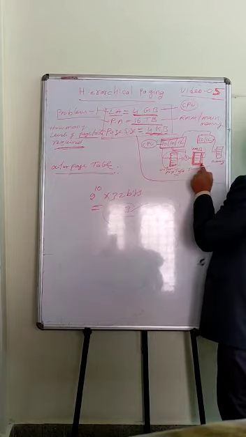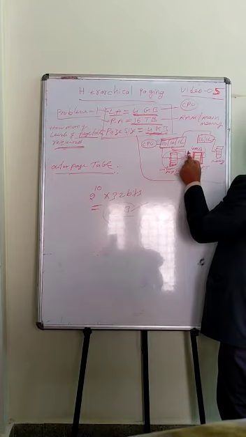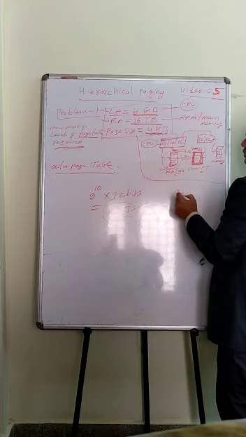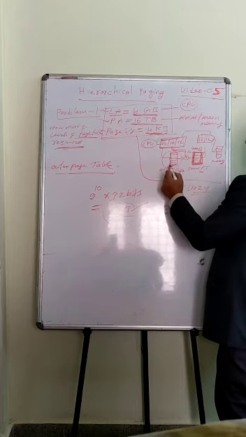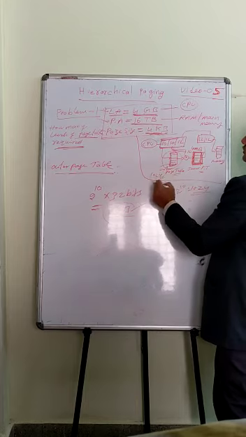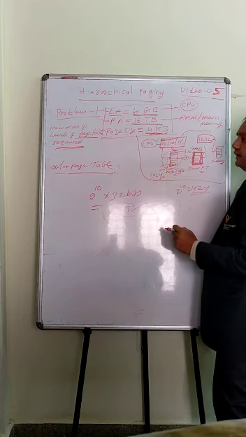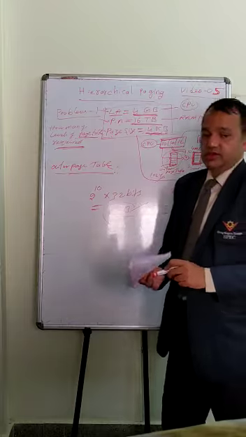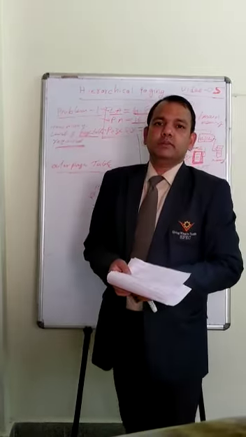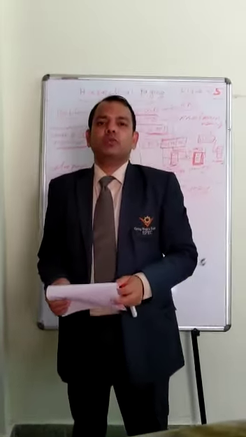You see that. This is 2 power 10, which means 1024 locations for this table and 1024 locations for this table. Like this we are able to find out the desired location in the memory. Thank you. We will see the next problem in the next class.